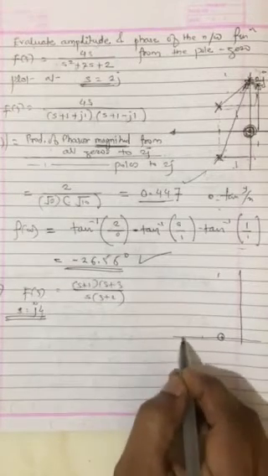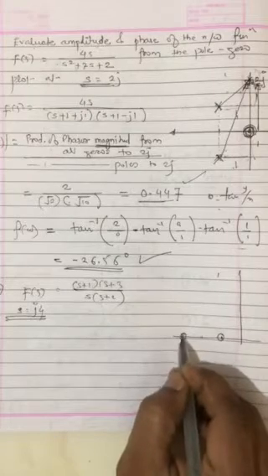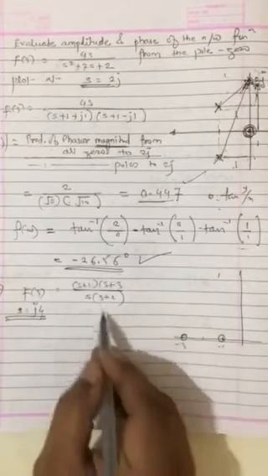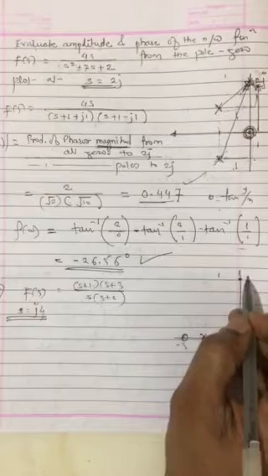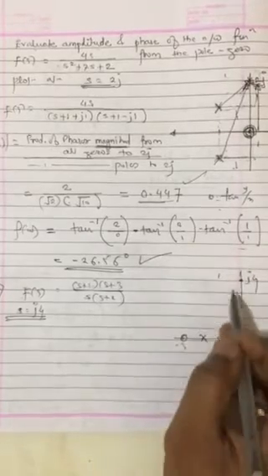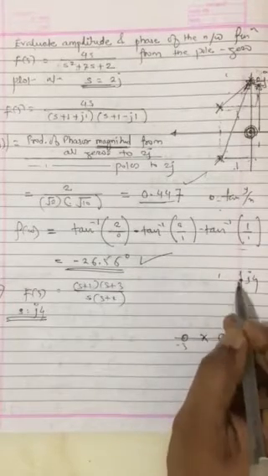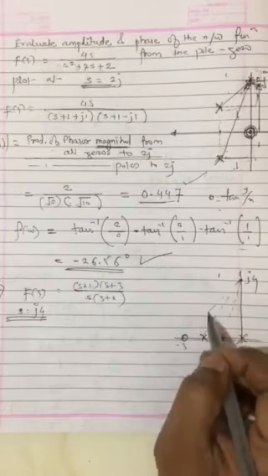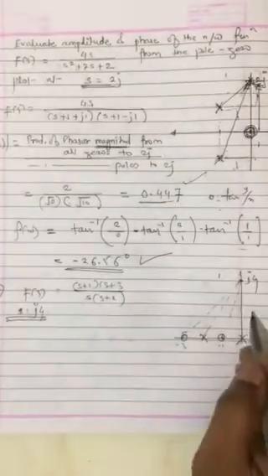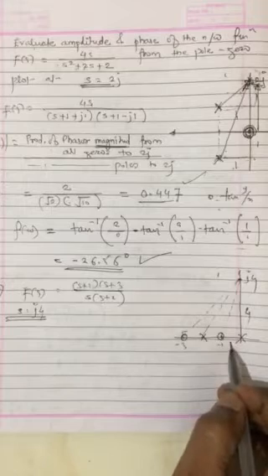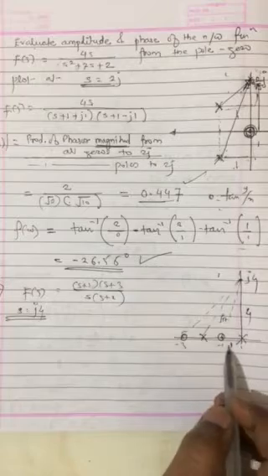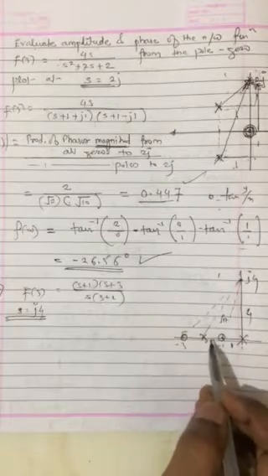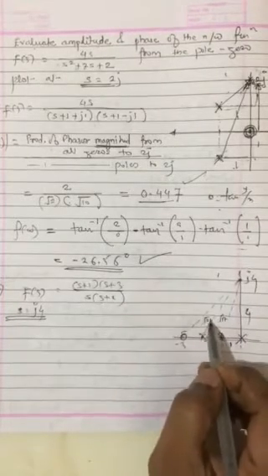Poles are at 0 and minus 2. So 0 and minus 2 are the poles, and we have to calculate it at j4. We have to draw phasors from all the zeros and poles to that point and find out the distance. As I said, this is 4, this is 1, so this is root 17. This is 4 and this is 2, so root 20.